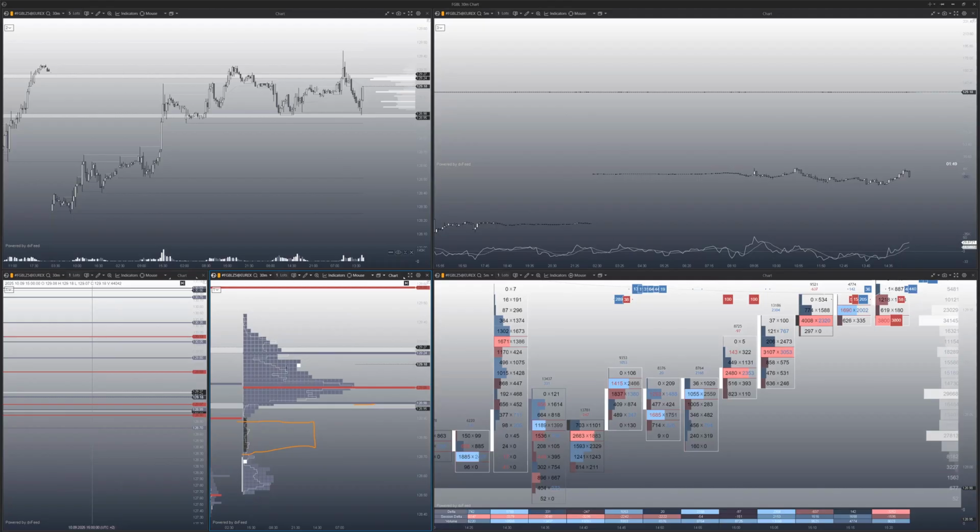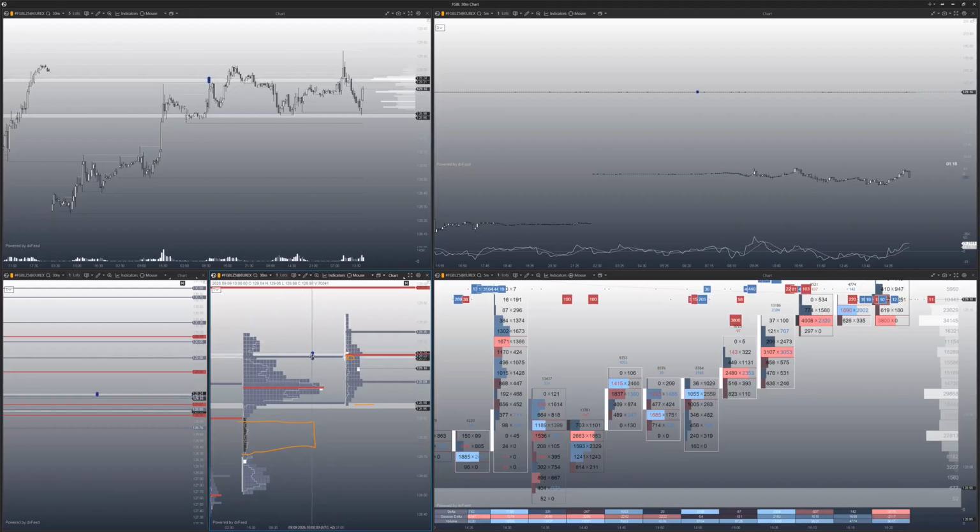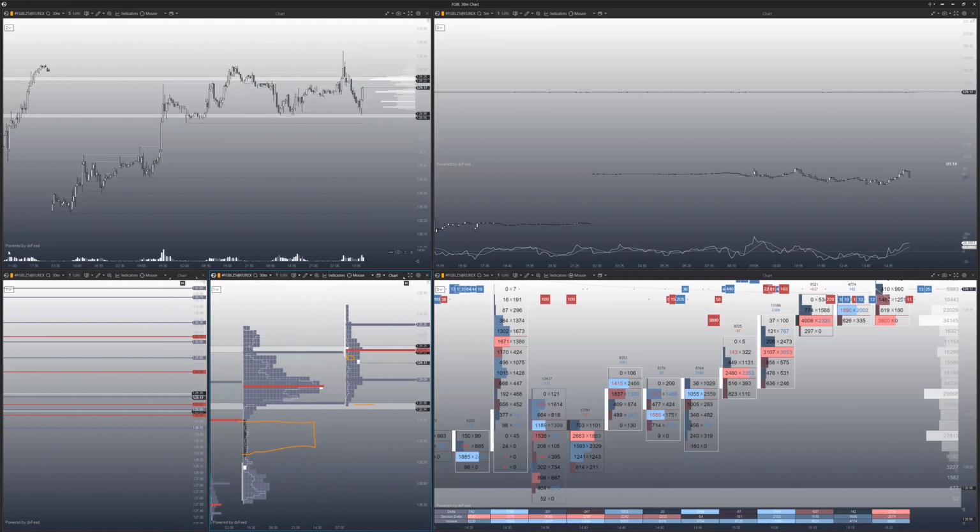Oh, sorry, this one is too much. The one I need to clear, this is all for today. And we see we open inside the value area. Oh, that's all not correct for today. Let me make a correction. This is not correct. It's this one here. So we open below the low, but we accept, we repair this low, weak high, and now we accepted the previous value area,